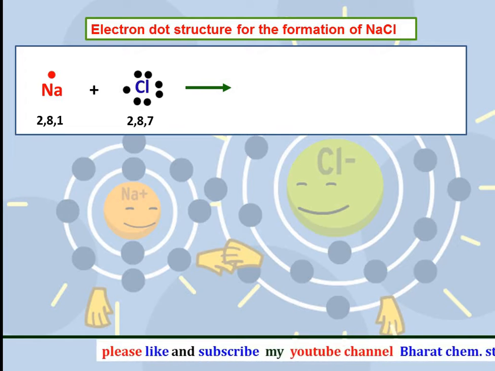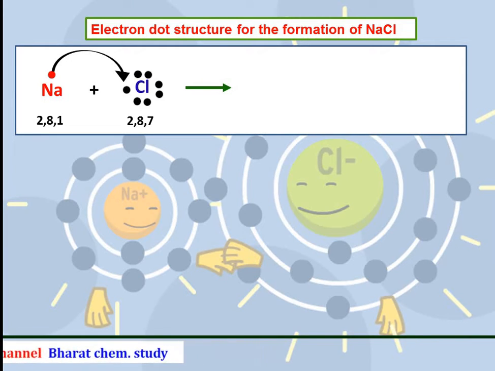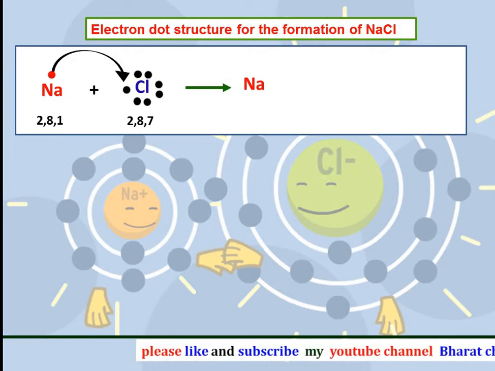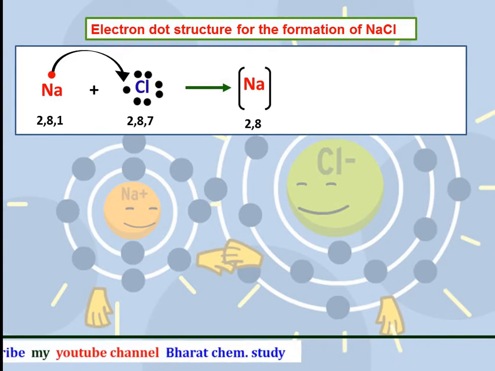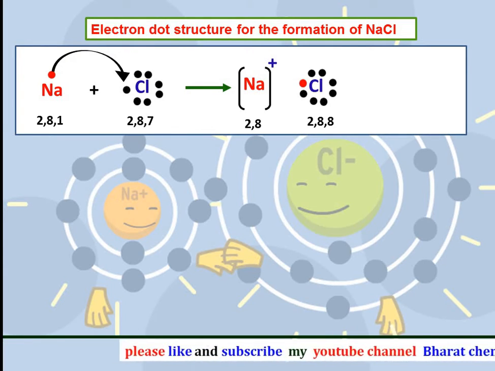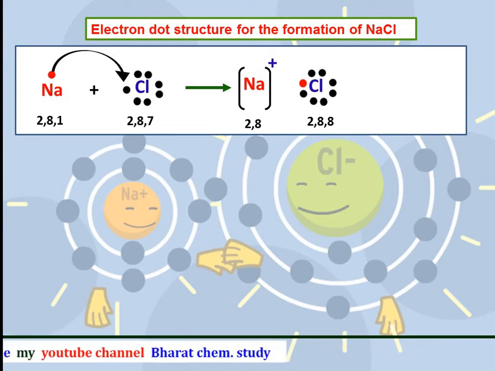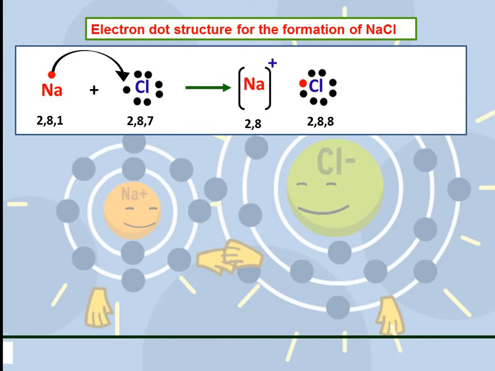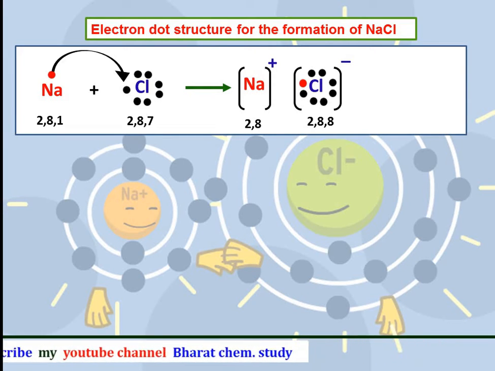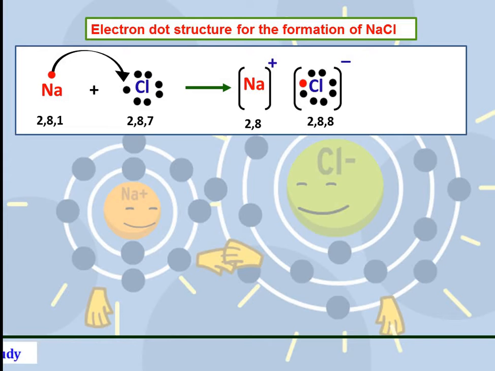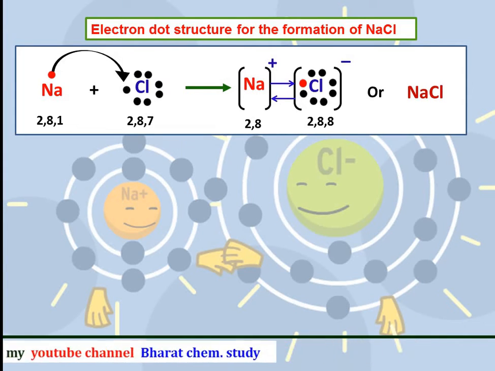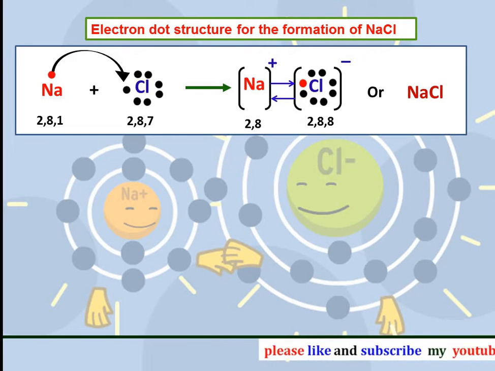So when NaCl is going to form, sodium transfers its electron or gives its electron to chlorine, as a result of which the sodium will acquire positive charge and its electronic configuration becomes stable, and that chlorine will gain one electron and its electronic configuration also becomes stable, 2,8,8, equal to nearest noble gas, but it gets negatively charged ion, and the force of attraction between Na positive and Cl negative ion, that is ionic bond, can be represented by arrows like this. So this is the representation of formation of NaCl with the help of electron dot structure.